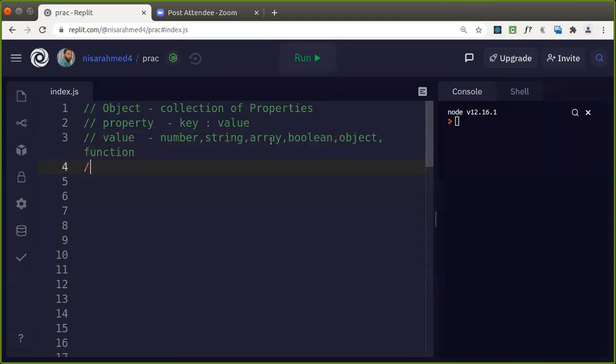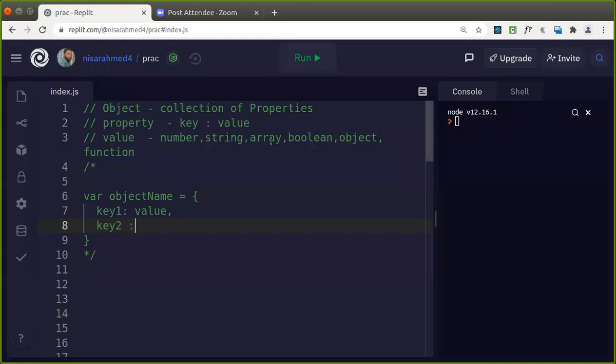So what is the syntax to create an object? You just declare it using var or let, then the object name, whatever name you want to give, equals, then within curly braces you enclose the properties. Each property you give: first the key1, followed by whatever value you want to assign, separated by a comma, then the next key2.